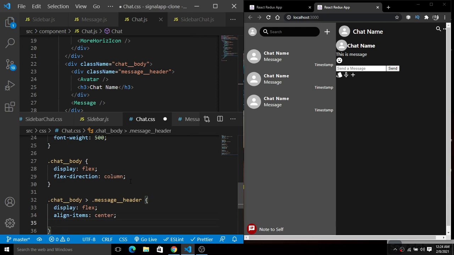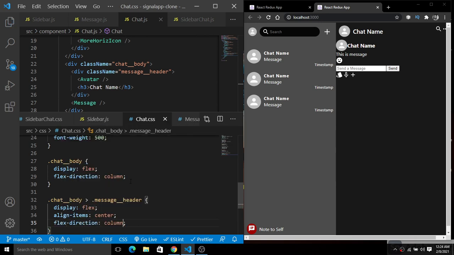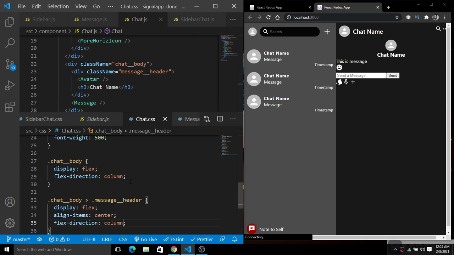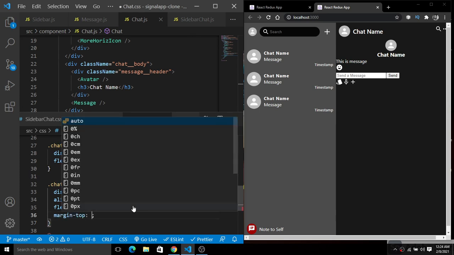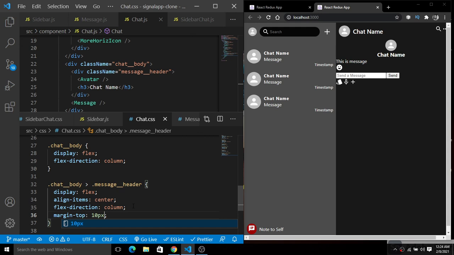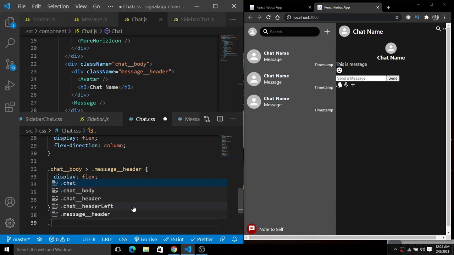And now we'll simply give the flex direction of column. Now save this. You will see it will be centrally aligned. Now we will give a margin from the top of 10 pixel.